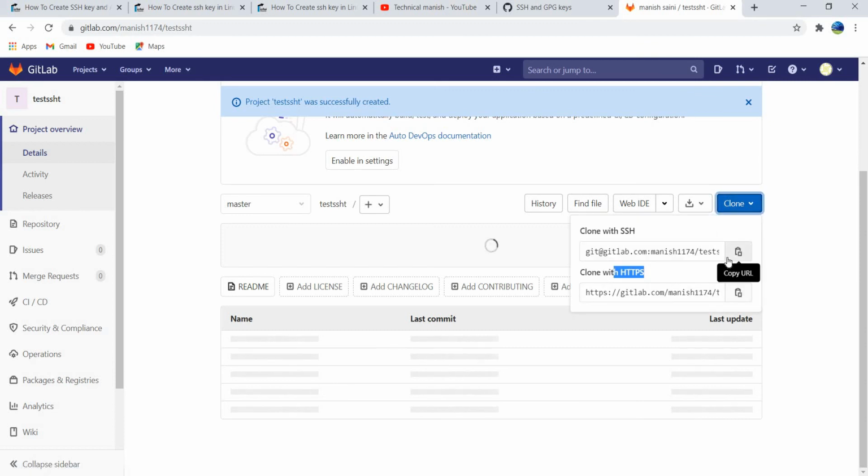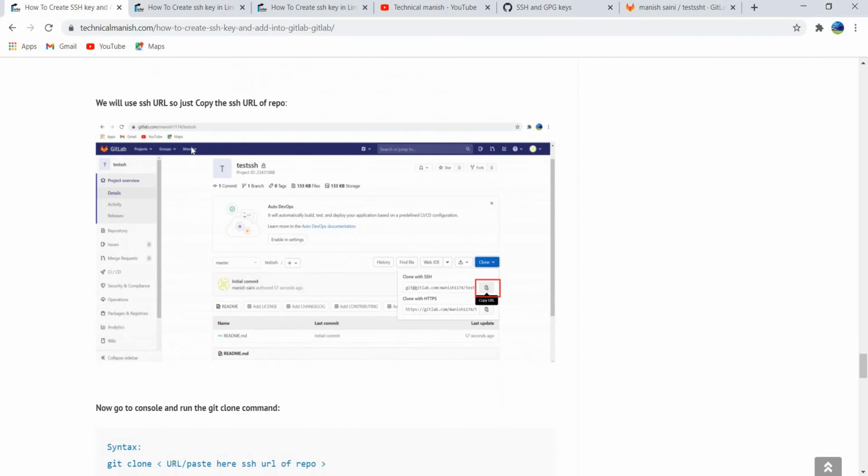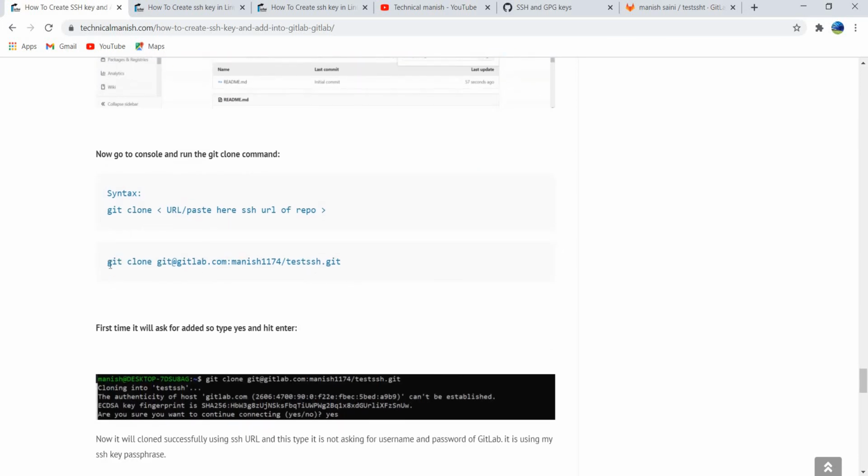So if you have seen my older videos, I always use this HTTPS URL, but now I can use this SSH URL. So I can perform any git commands like git clone, git push, git pull. So just copy the URL I have copied and run the git clone command.